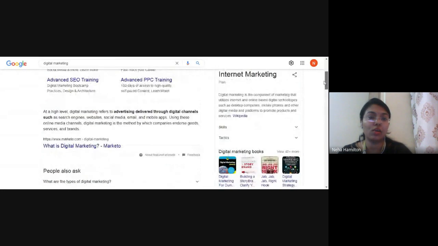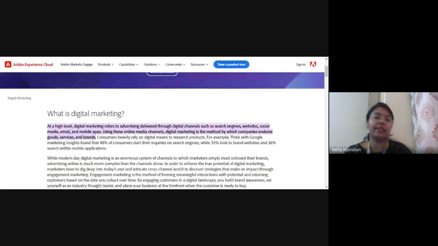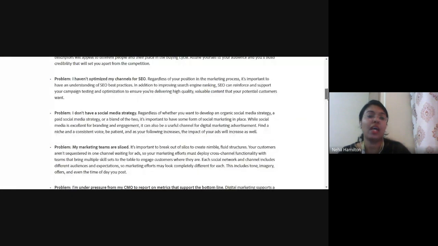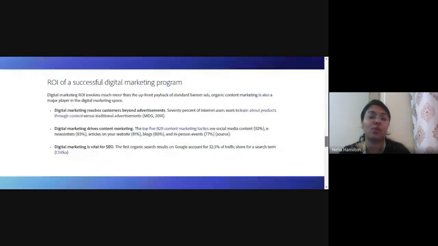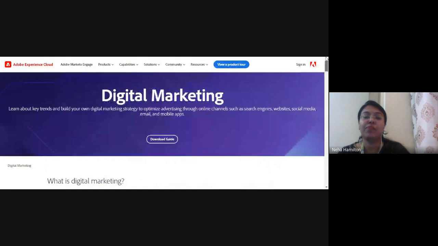Let us click on this particular article which is given by marketo.com, right? So this was the first organic ranking website. So I have just clicked on this website. As you can see, a beautiful web page with a lot of paragraphs, a lot of bullet points, and all those things are there. Now, how to read the backstage thing? That means how to